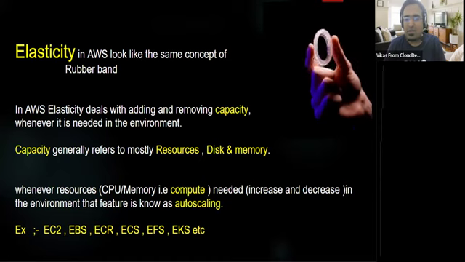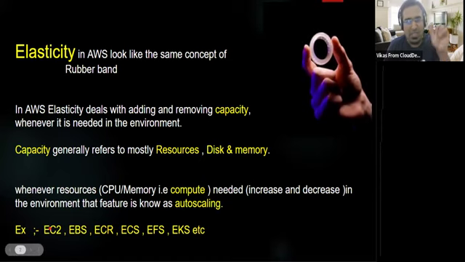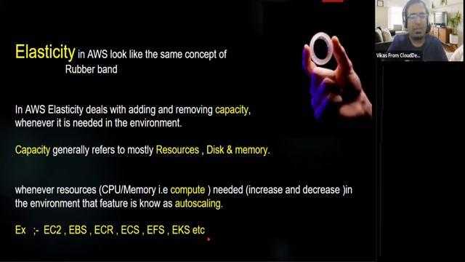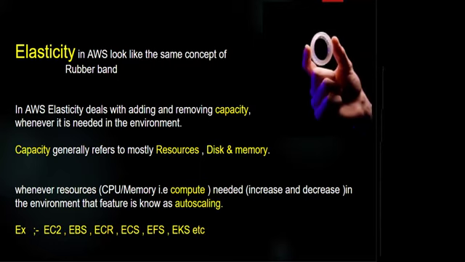Whatever the service name, if you see an E in front of it, you have to understand that it is related to elastic. Make sense? Yes or no? The very first keyword is elastic, in all these services wherever E is available in AWS. Okay, good. Now the second keyword, compute.